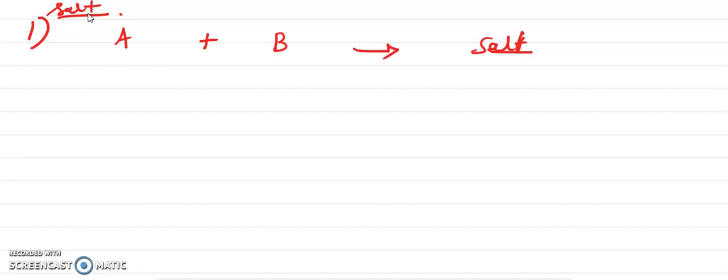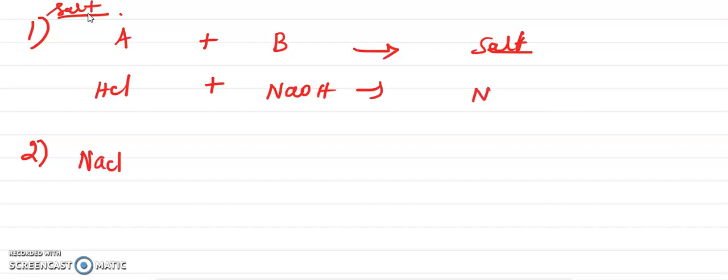For the acid, you can take a strong acid, HCl. You already know that HCl reacts with NaOH, and it forms the salt NaCl. The second thing to keep in mind is the formation of the salt NaCl. This is the salt formula, correct? Here this is the plus sign and here this is the minus sign.